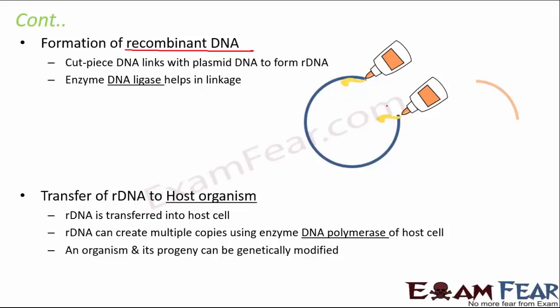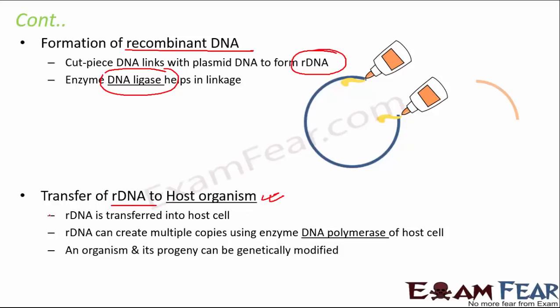Now, how will this get joined? With the help of enzyme DNA ligase. So it helps in the linkage. It acts as a glue so that it can stick that cut piece of DNA with the plasmid DNA. Now, once the cut piece of DNA is linked with the plasmid DNA, what we get is called the rDNA, or recombinant DNA. Okay, so now once the recombinant DNA is formed, then this recombinant DNA is transferred to the host